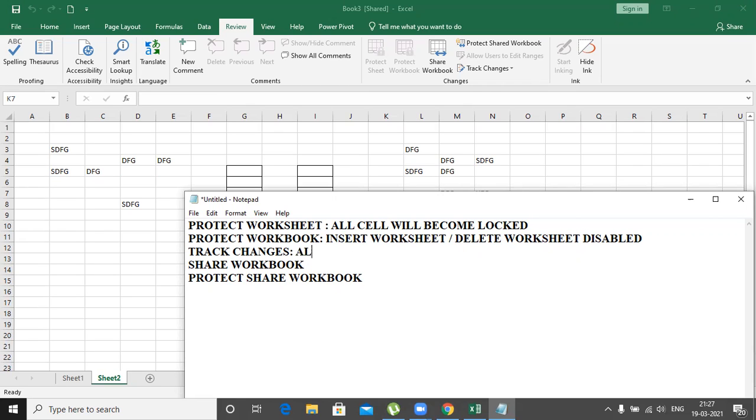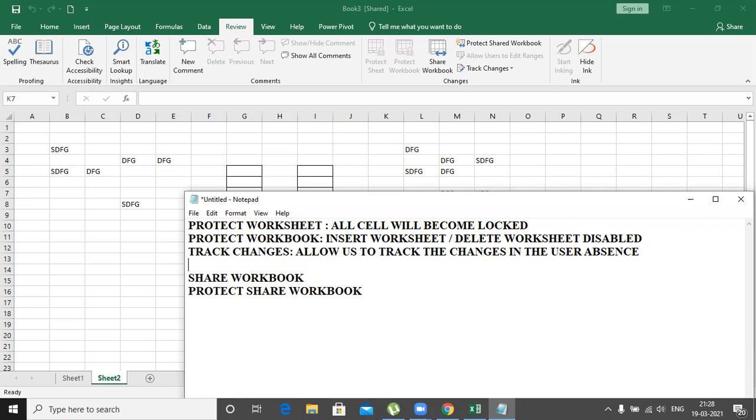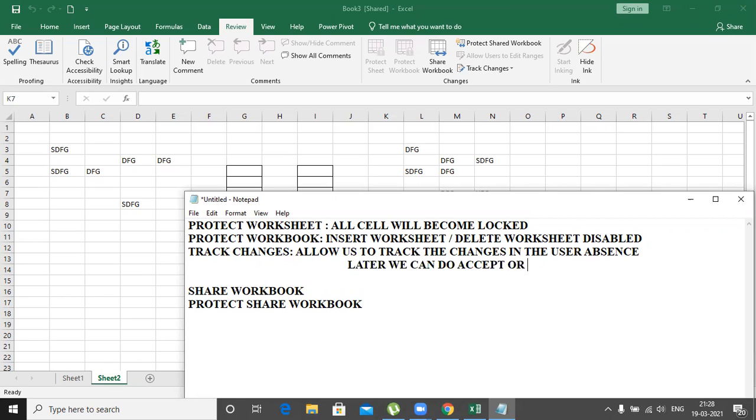Track changes allow us to track the changes in the user's absence, and also later we can accept or reject the changes.